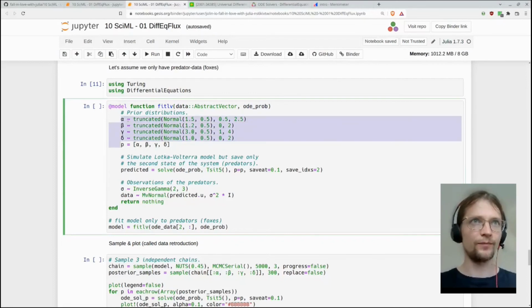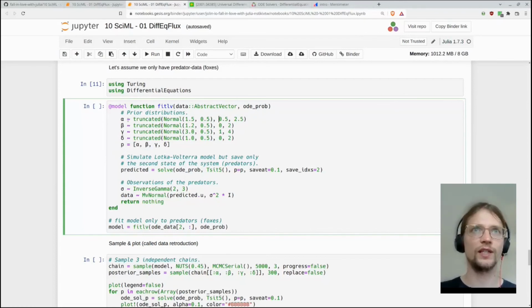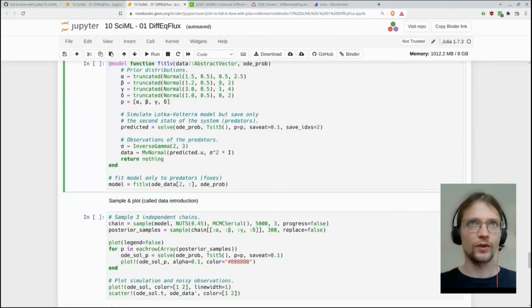We have our alpha, beta, gamma, and delta parameters, and we just take them as normally distributed, but we truncate them. As you know, these are all positive. So in this little example, we realize this by truncating the probability distribution to this sphere. It will renormalize everything, so this is a true probability distribution, and it's really nice to see that you can do this. Okay, so then we have ranges of our parameters which make sense biologically. And we solve our ODE problem by just putting in our parameters. So this is now distributed by a probability distribution, but we can really use them as normal parameters. So it's awesome